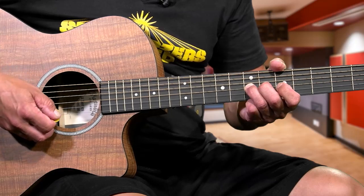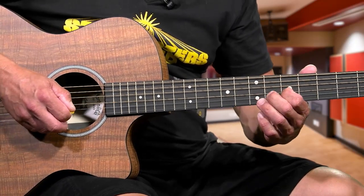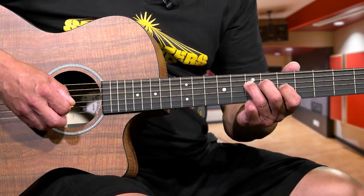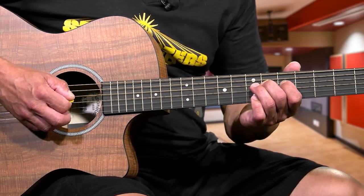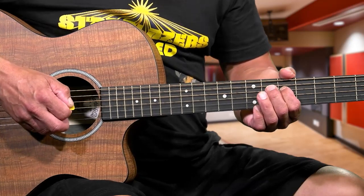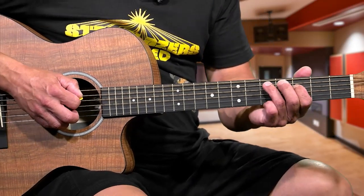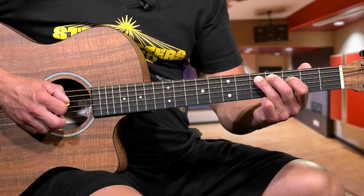Then 3rd finger back on the 7th fret, 3rd string. 1st finger on the 3rd string, 5th fret. Then you're going to go to the 4th string, 7th fret, and you're going to walk down to the 6 and then 5. That's all on the 4th string. 7, 6, 5. Then move down to the 3rd fret, 4th string. 3rd finger moves over to the 5th fret, 5th string, then your 1st finger on the